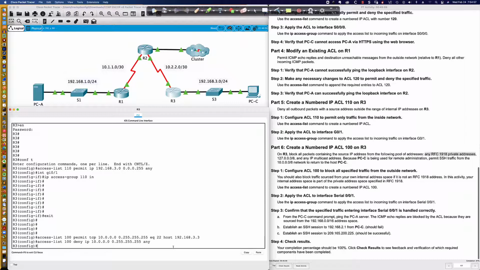Now we get down to the one where, and again, this is typically what I see: access list 100, deny IP, and they say, okay, well, I did the 10 network. Now I'm going to do the 172.16.0.0, and I'm going to say 0.0.255.255, any, because the 10 dot address worked out perfectly, right? It functions great. However, this does not account for the 172.17, the 172.18, all the way up to the